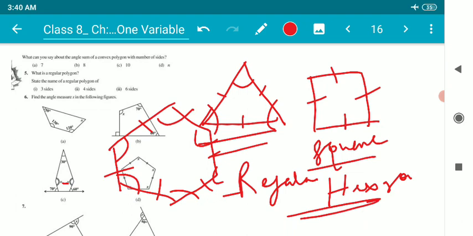I'll surely explain these things to you all, and you will surely do these things in your white copy. Figures must be drawn using pencils and ruler, and submission must be done in Google Classroom.